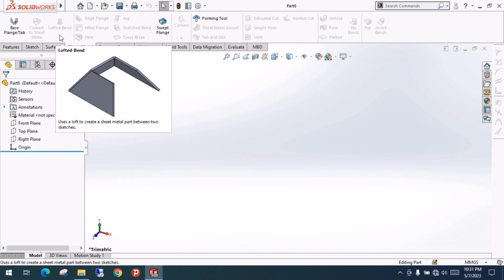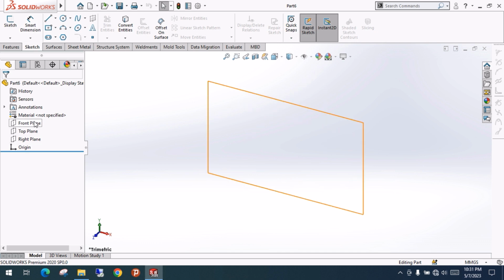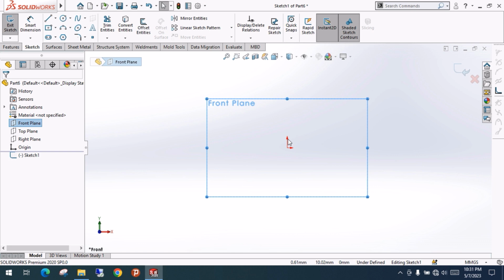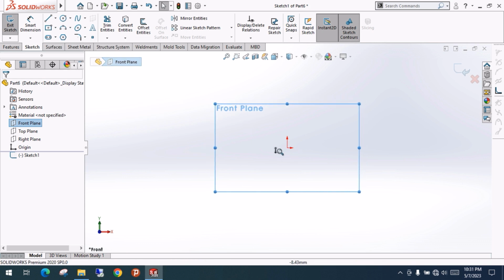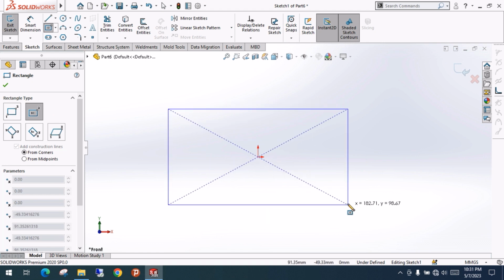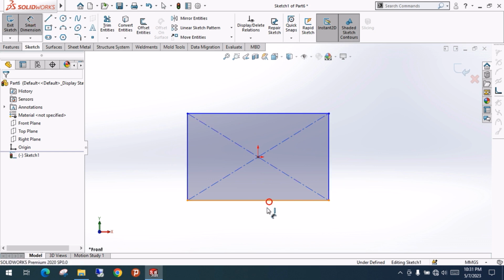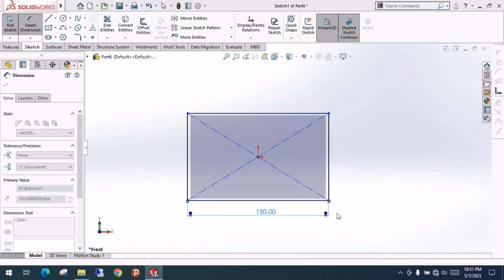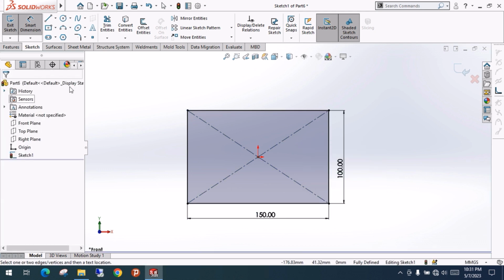Before performing this operation, let's create one sketch here. Go to sketch, select one of the planes and create a sketch. First, we will try to make a closed contour, closed sketch, and then later we will see the open one also. What is the difference, we will see there. So I'm first making a closed contour, giving the dimensions around 150 and 100. If you click OK here